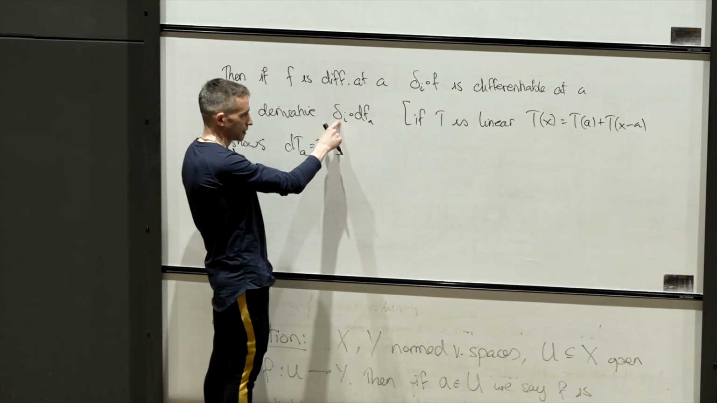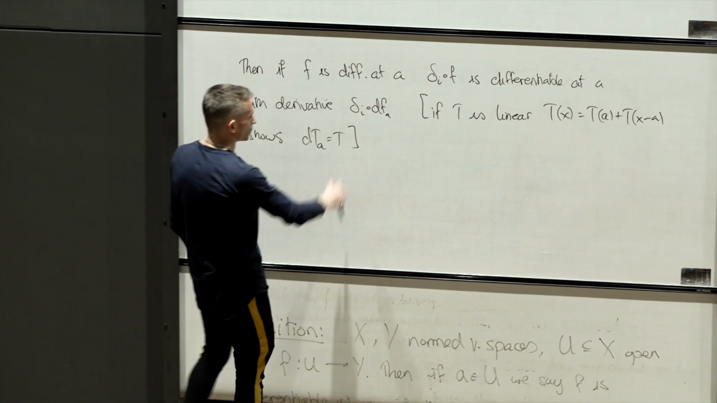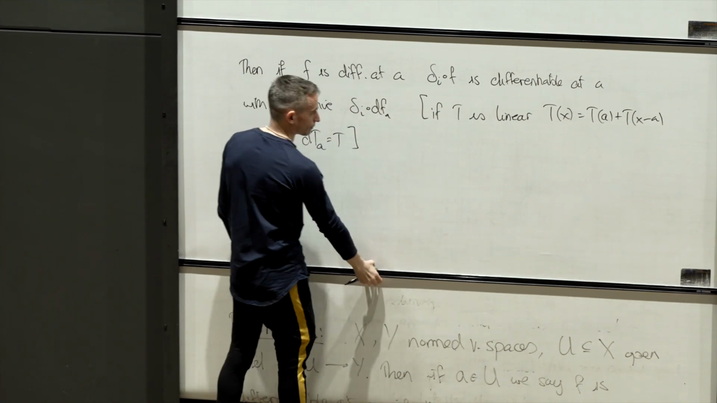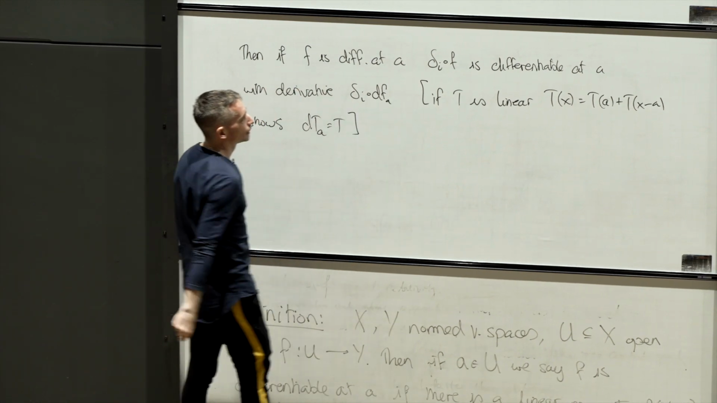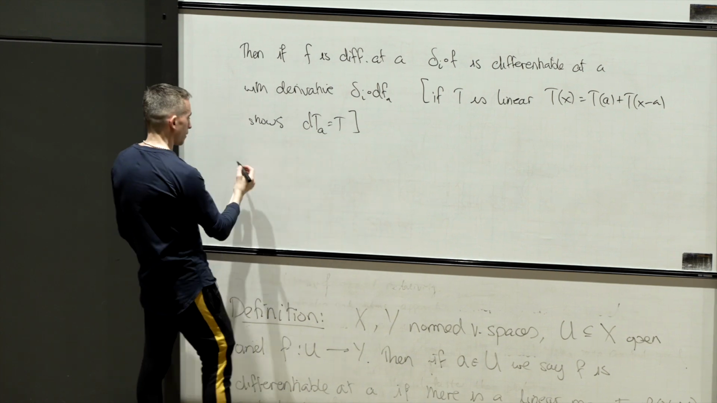Once you know that delta_i is bounded, so you can use that delta_i of a vector is bounded by the operator norm of delta_i times the norm of that vector. Okay, so one direction is trivial. If f is differentiable, then its components are differentiable. For the other direction,